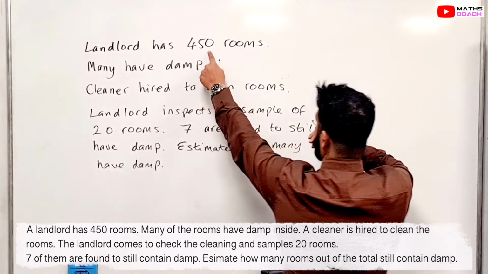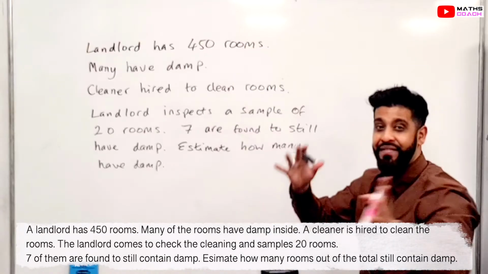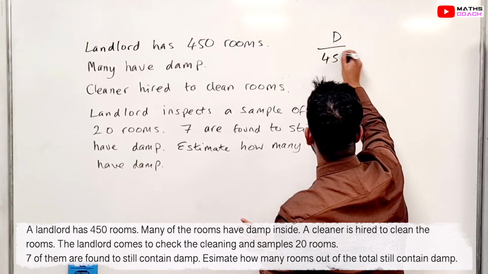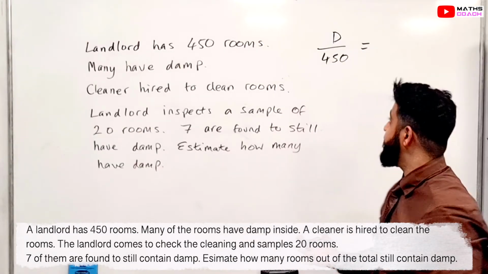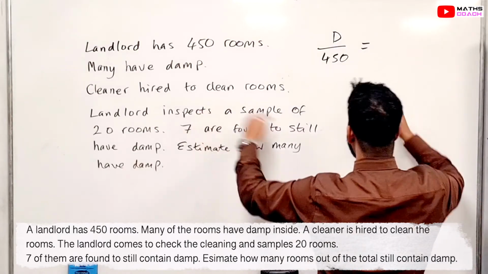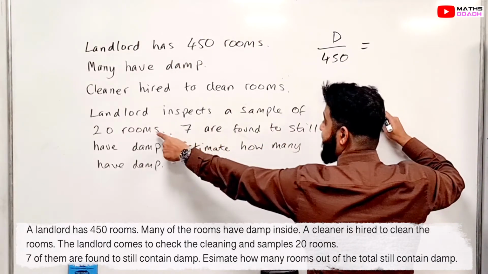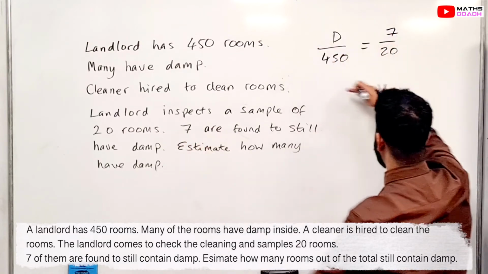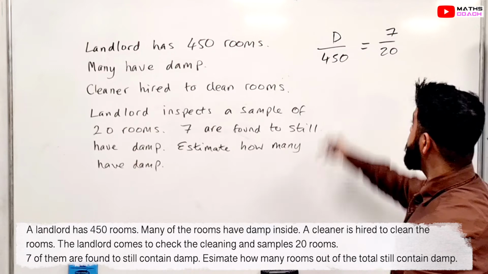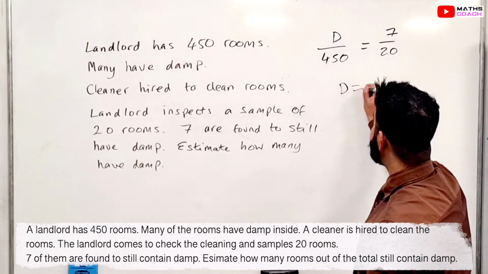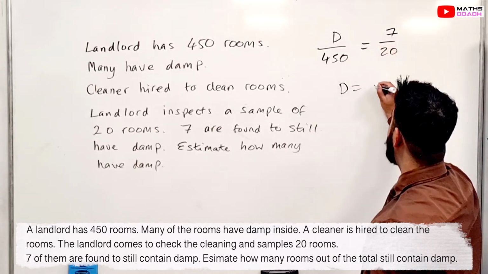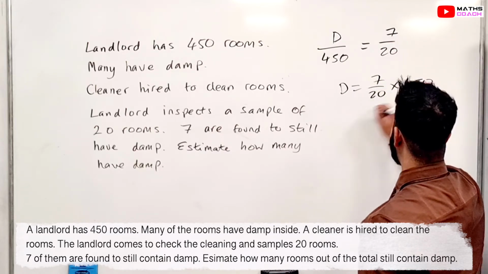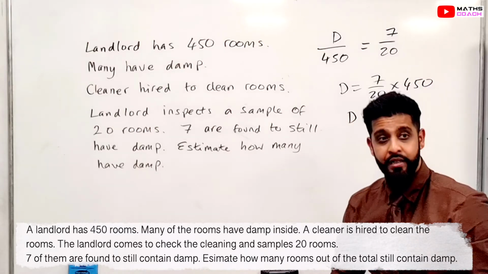Right, so let's start off with 450. We don't know how many have damp out of the 450, so let's write D over 450. Now, when the landlord comes along and he inspects 20 rooms, 7 of those are found to have damp. So this is what we are going to be solving. D once again needs to be made the subject, and that can be done easily by multiplying the other side by 450. So 7 over 20 times 450. Work that out on your calculators. And you get